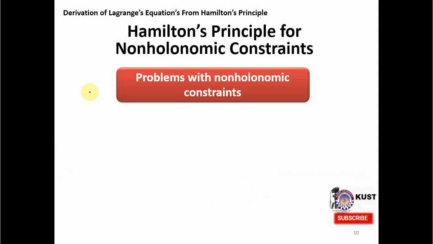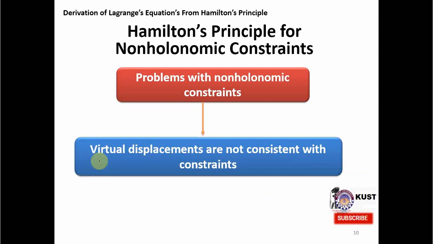The second problem is that the variations, the virtual displacements with respect to which we want to make a variation and calculate the correct path, are not consistent with the constraints, with the equations of constraints. So these are the two basic problems which we face while going from holonomic constraints to non-holonomic constraints. In order to